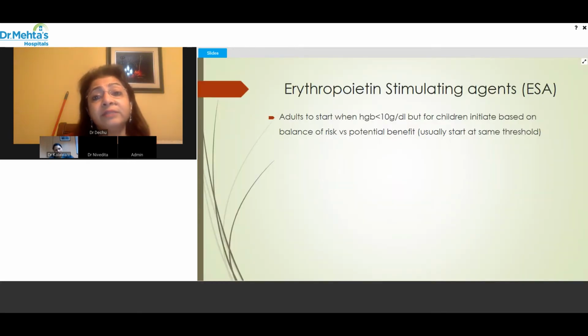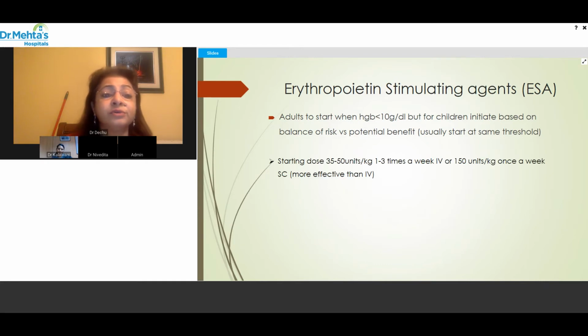Moving on to erythropoietin stimulating agents. For the adults, it's recommended that if the iron saturations are fine, if the hemoglobin is less than 10 grams per deciliter, you start ESAs. But for children, we initiate based on the balance of the risk versus the potential benefit. So there isn't a specific start time, but usually we use the same threshold to start children on erythropoietin stimulating agents. The starting dose, as you know, is 35 to 50 units per kg, 1 to 3 times a week IV, or up to 150 units per kg once a week, even subcutaneously,